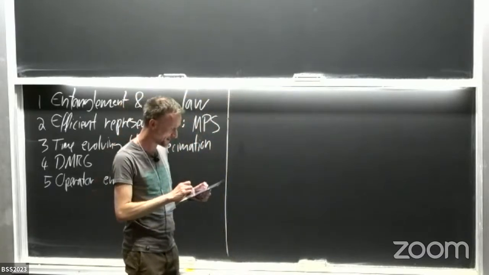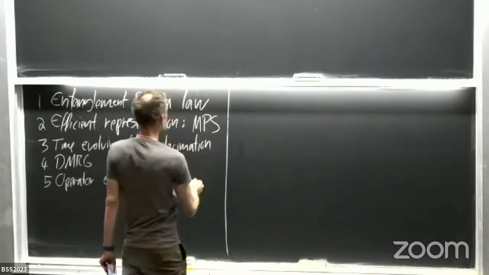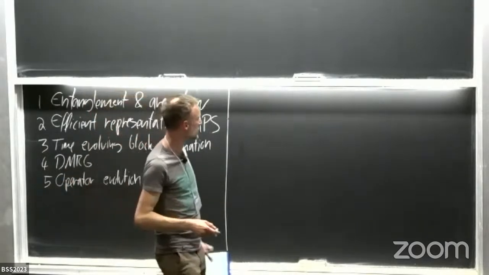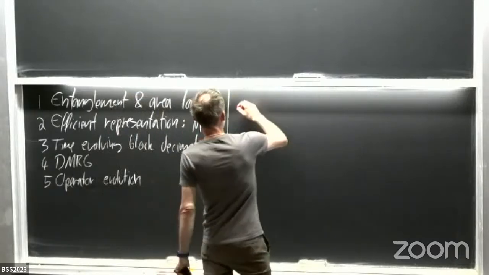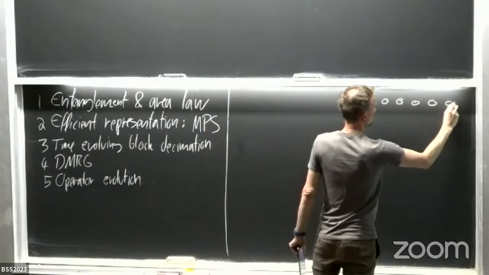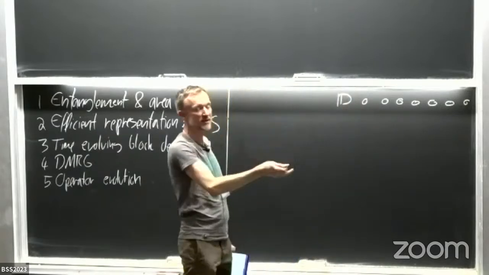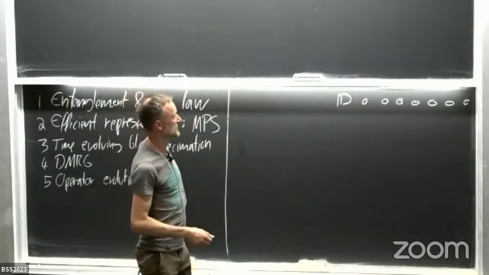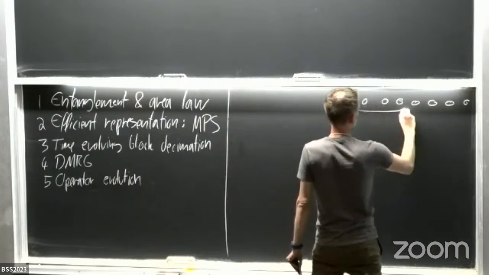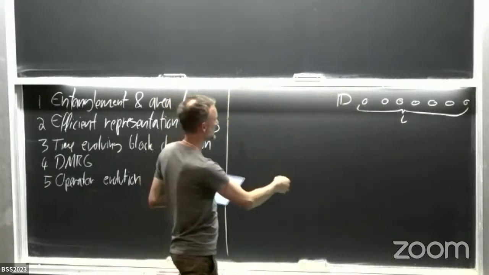So let me jump right into it, and I first want to motivate the whole idea and also tell what kind of problems you will be able to address with the techniques that I'm going to discuss. So in particular, I want to consider for this class only one-dimensional systems. So we assume that we have a one-dimensional lattice, and these can be spins, that can be bosons hopping on some lattice, you name it. But the important thing is that we have now some lattice, and we are saying that we have a system made out of L units, or L sites.